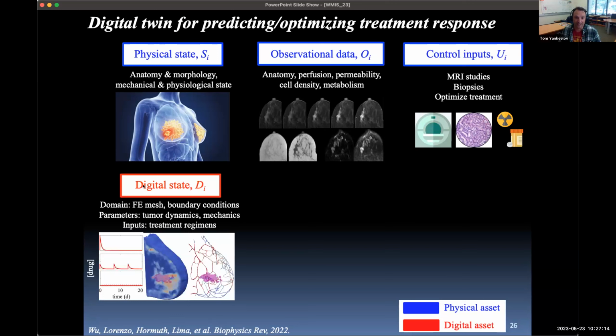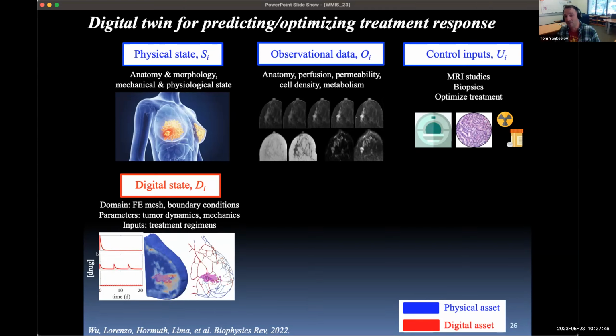And then there's the digital state: the finite element mesh, the boundary conditions, how you're going to give the treatment, for example. So over here on the left-hand panel, you see these little bolus injections. The top one is what's done typically for this particular therapeutic regimen. You give one injection, you wait 3 weeks later, and then the next one will follow. But everybody knows that's not the best way to give the therapy to each patient. But that was what was sorted out in clinical trials, and there are not enough patients and resources to run all the trials you might want to run to figure out the best way to give this amount of drug to the patient.